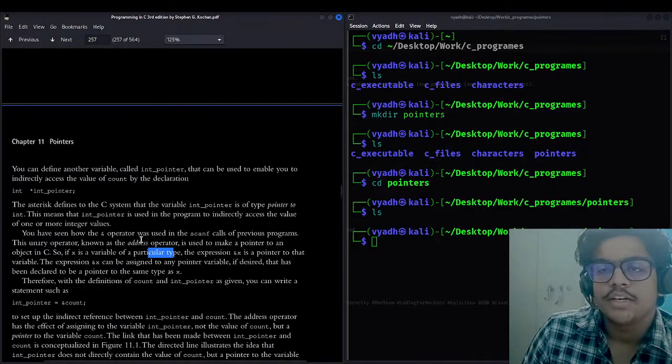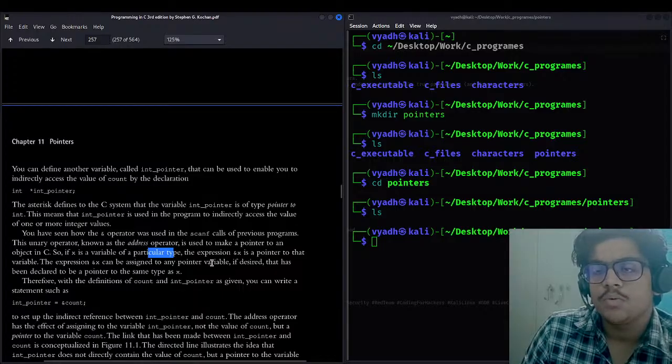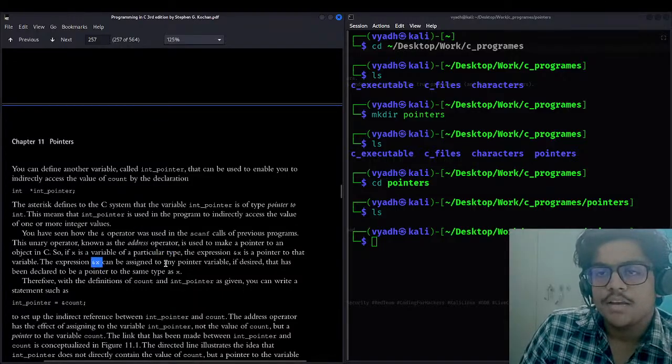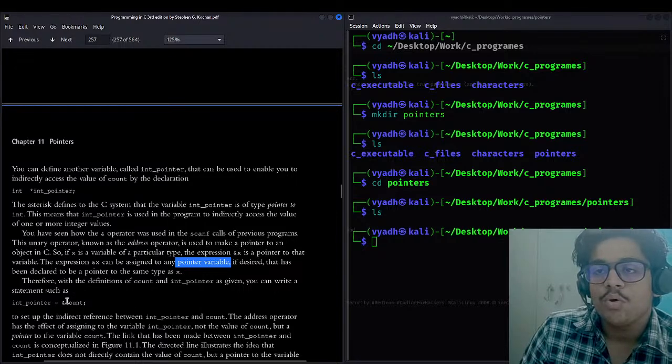Okay, let's read it again. The expression and x can be assigned to any pointer variable, if desired, that has been declared as a pointer to the same type as x. So you can use this pointer variable like this, and indirectly assign and x and the type of x both simultaneously.